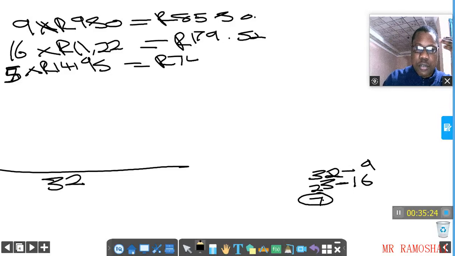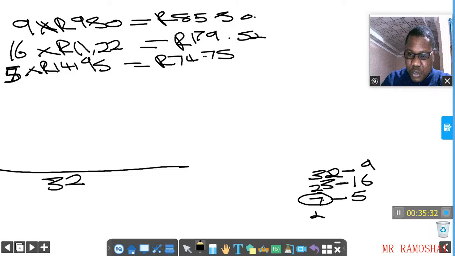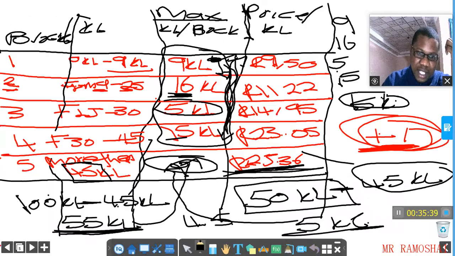74 rand 75 cent. Right. So we are left with how many? Then we subtract 5. We are left with 2 kiloliters. Right. So now we check, look at our